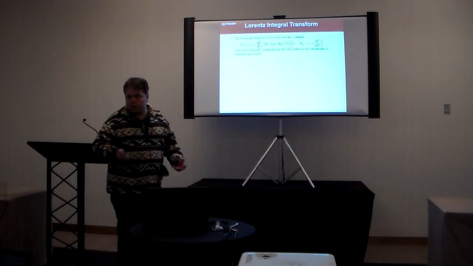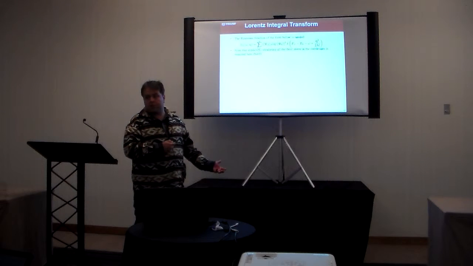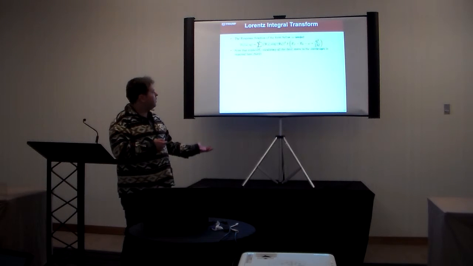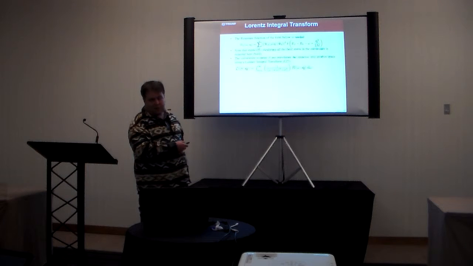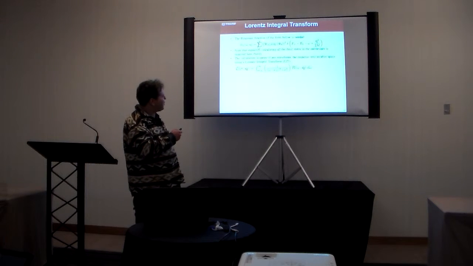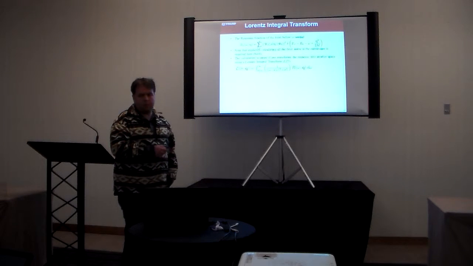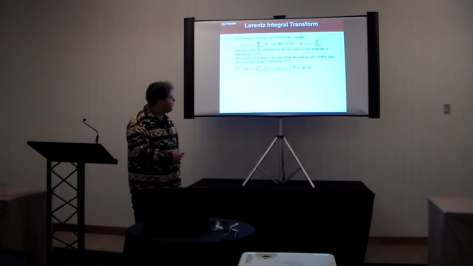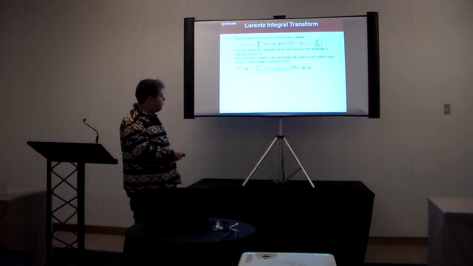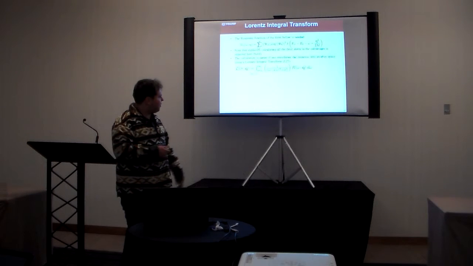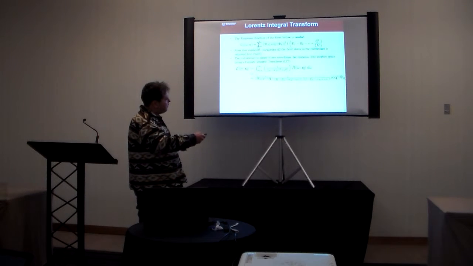I've heard that there are calculations for two-body systems. This is a many-body system, so it's very challenging to get. So instead, we don't do that. We take the response function and we map it into another space using this Lorentz integral transform. And this kernel has the property such that, if you do some quantum mechanics and some algebra, really simple stuff, you actually are able to get this